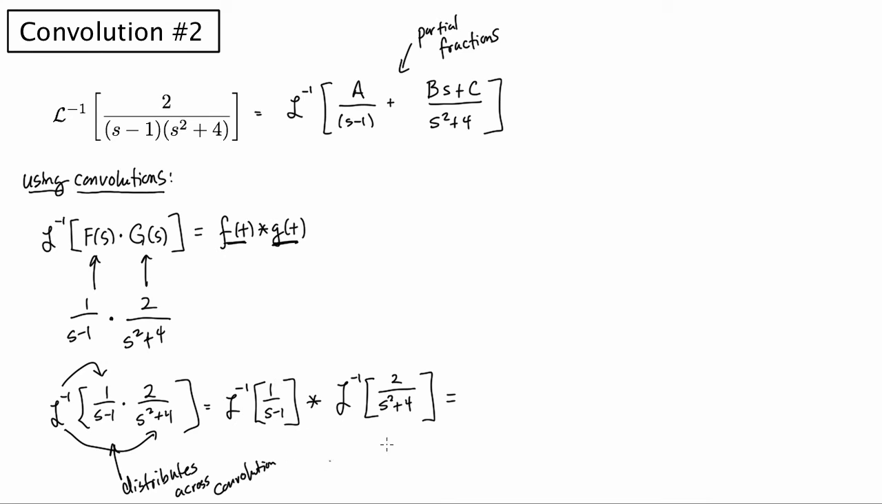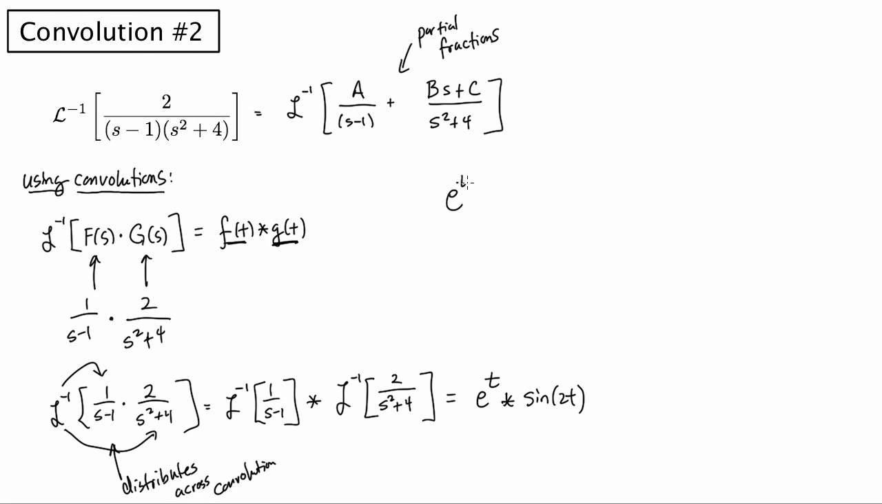And so 1 over s minus 1, its inverse transform, you should recognize as being e to the t. And 2 over s squared plus 4, you should recognize as being sine of 2t. And so the convolution there is simply e to the t convolved with sine of 2t, which we know